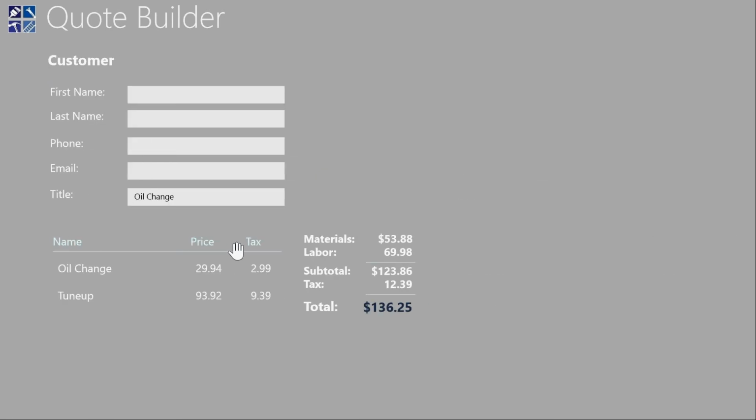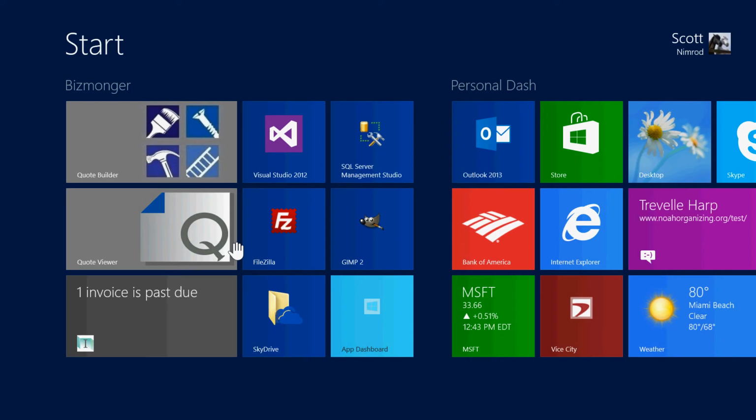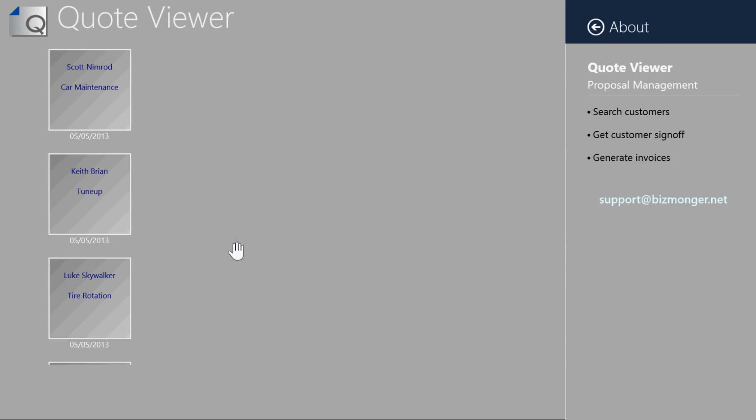And then within the customer page, we filled out the first name, last name, phone number, email, and the title of our quote, and it would generate a business proposal document. That was Quote Builder. Quote Viewer will actually take those quotes that were previously generated and enable a user to